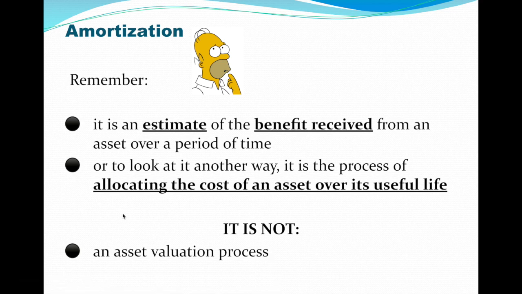So essentially, I prefer this method of allocating the cost of an asset over its useful life. This makes more sense to me, so I'd recommend sticking with this mode of understanding, but use whatever works for you. Because remember, the whole point of buying a capital asset is to help you produce or sell a product, right? So you are acquiring this thing to do a job for you. And so by amortizing something, you're allocating the cost of the asset as it's doing that job for you. And to me, that makes more sense. But again, you can think of it however you'd like.